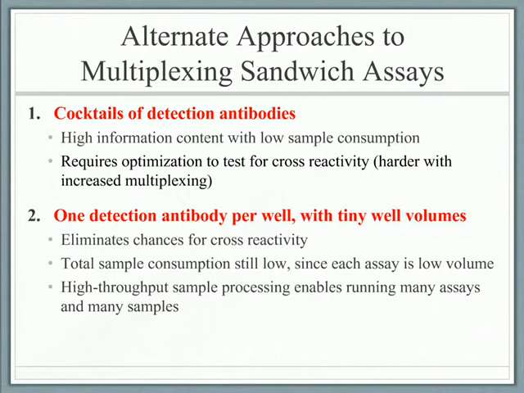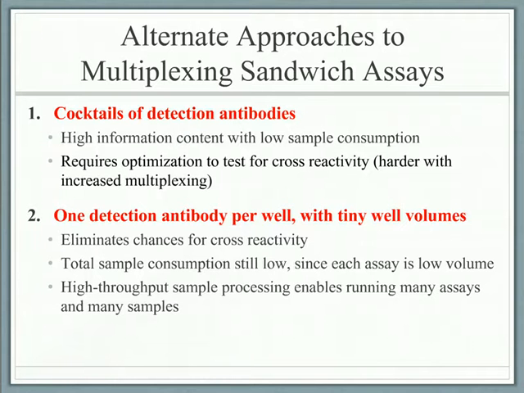So controlling for cross-reactivity becomes increasingly hard with increasing multiplexing. So we've decided to split up our assays into increasingly smaller assays, where we use smaller and smaller numbers of different assays, but the volume correspondingly decreases. When we reduce it down to maybe just a single assay per well, we don't have any concerns about cross-reactivity, but we use tiny wells so that when we use many different assays, we still haven't consumed a high volume of our clinical sample.